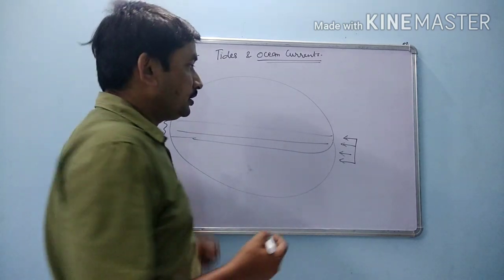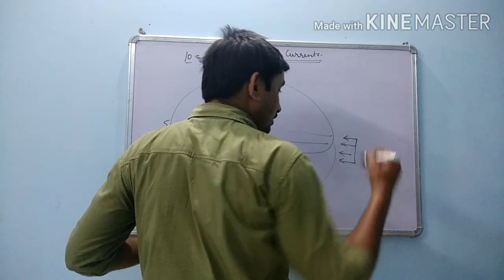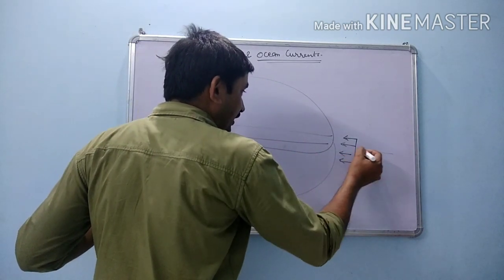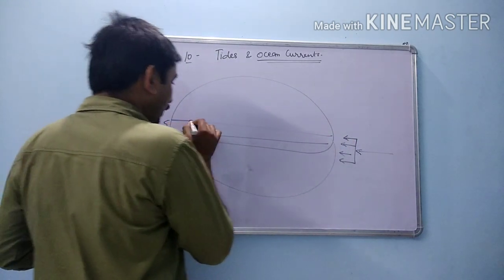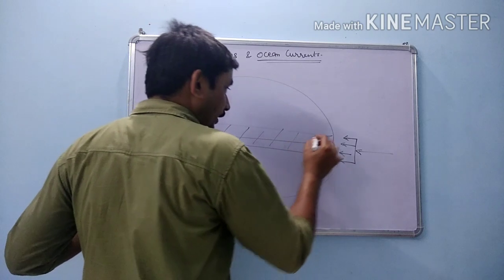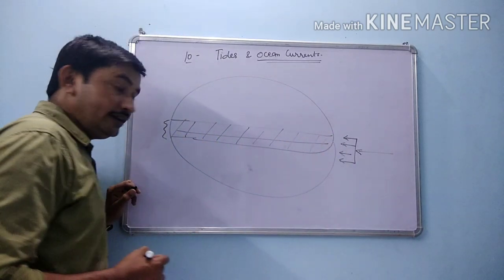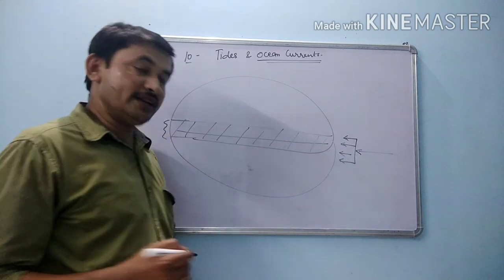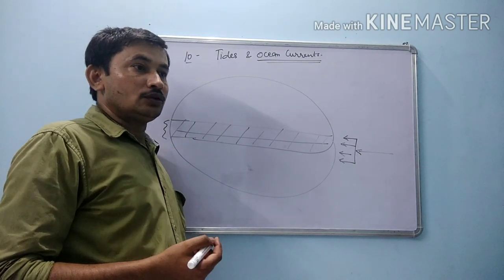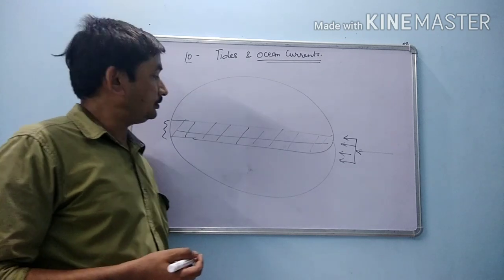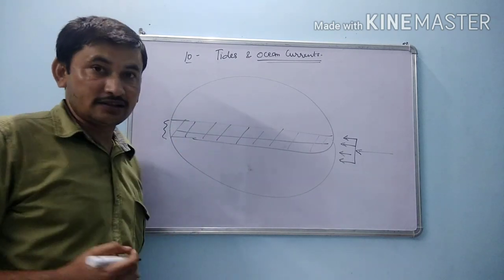The reason is more evaporation, more insolation. But with the more evaporation, more fresh water is added every year to this area, by the rivers and rainfall. So salinity is less. But in the Red Sea and Dead Sea, less water is added. So salinity is very high in the Red Sea and Dead Sea.